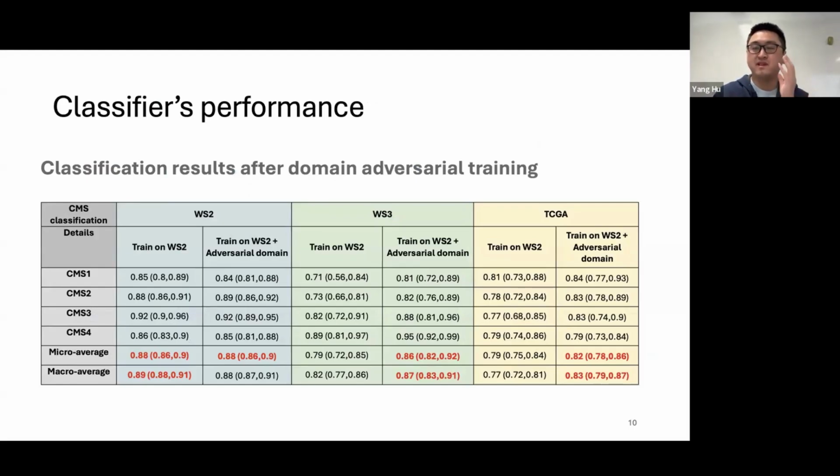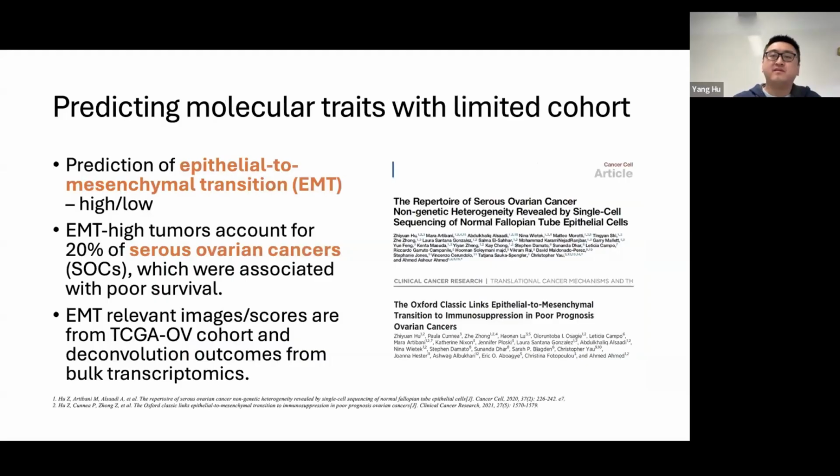That is proof that using only digital pathology images we can conduct that prediction of different molecular subtypes. So the whole pipeline was constructed very successfully. We would like to expand this similar idea to other types of cancers,